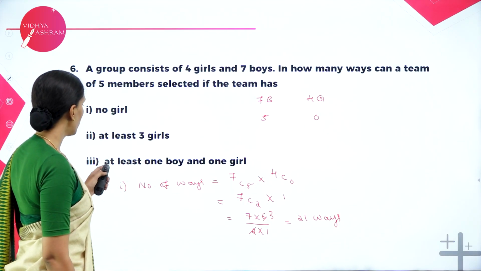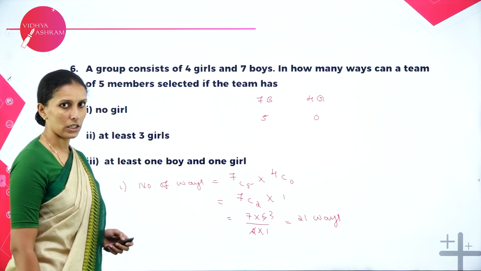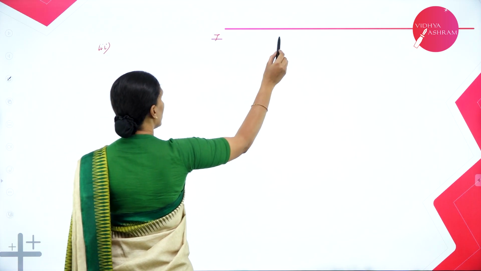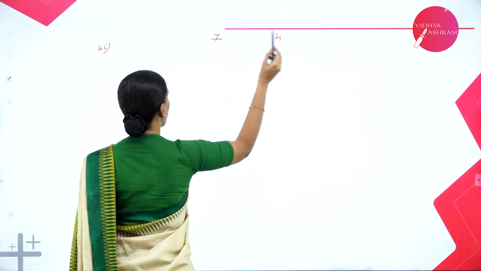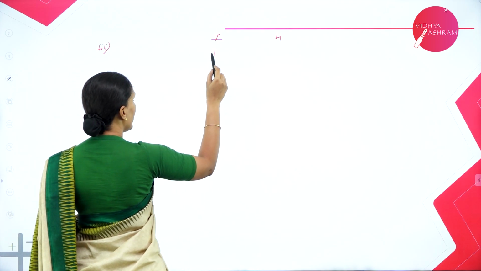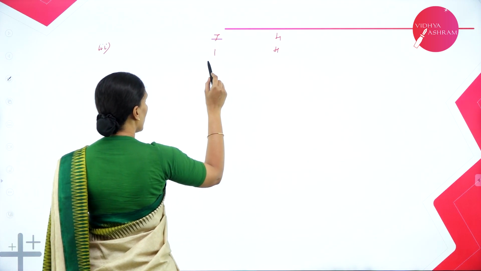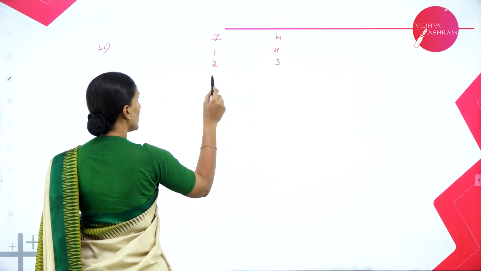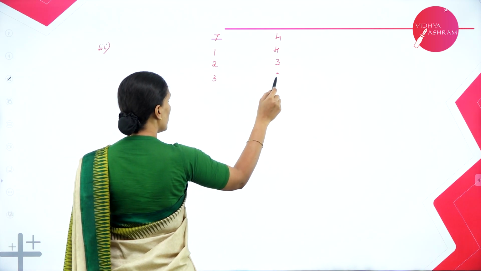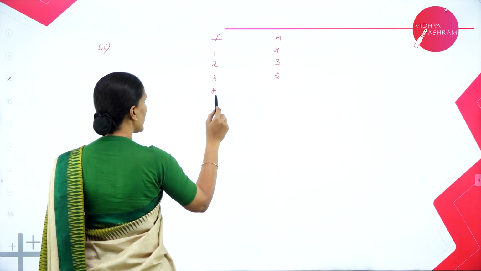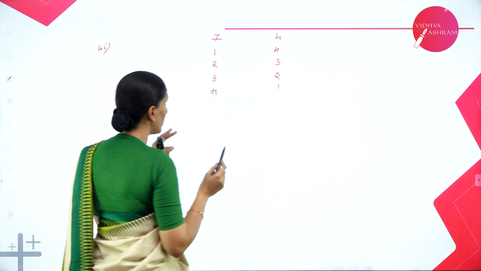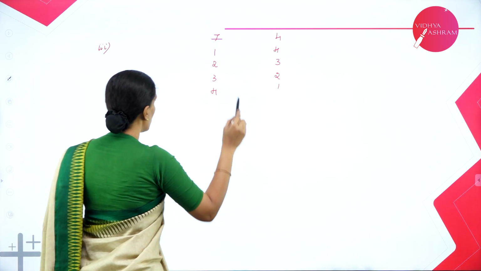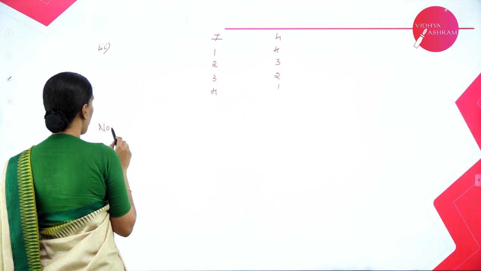The next question is we need to choose at least 1 boy and 1 girl. Now let's try the combinations here. So number of boys is 7, number of girls is 4. Now if I choose 1 boy, then there must be 4 girls. If I choose 2 boys, then there must be 3 girls. If I choose 3 boys, then there must be 2 girls, and if I choose 4 boys, then there is at least 1 girl. So these are the combinations because we need at least 1 boy and at least 1 girl. So here the number of ways